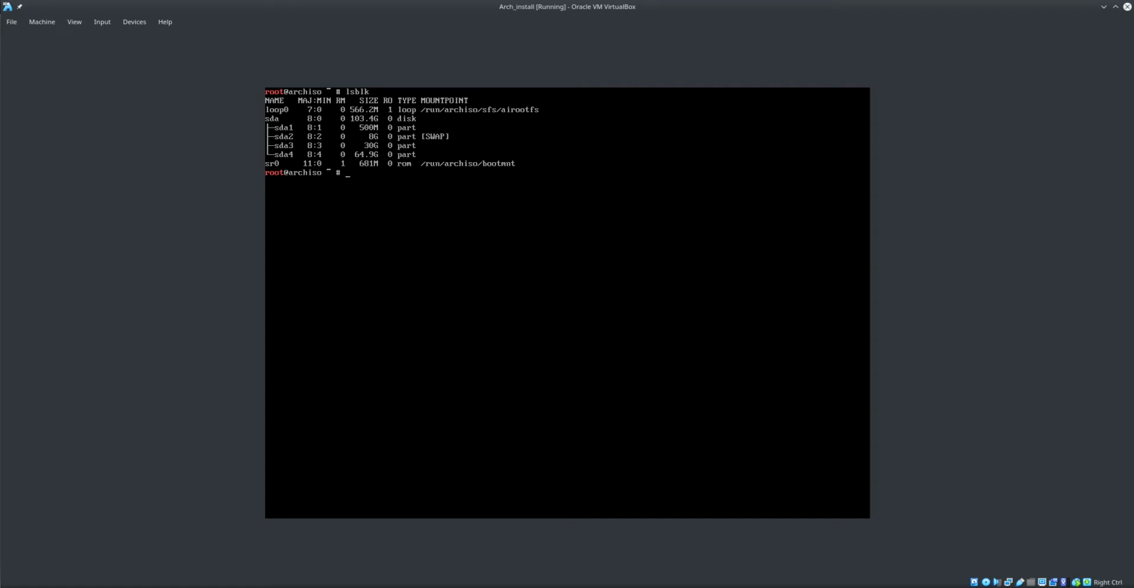Now it's time to create a couple directories in our /mnt. So first, let's mount our root partition, which is going to be sda3. So we're going to type in mount /dev/sda3 /mnt. Now we want to create a couple directories in /mnt, which are going to be our boot/EFI directory and our home directory. So mkdir /mnt/boot, mkdir /mnt/boot/EFI,